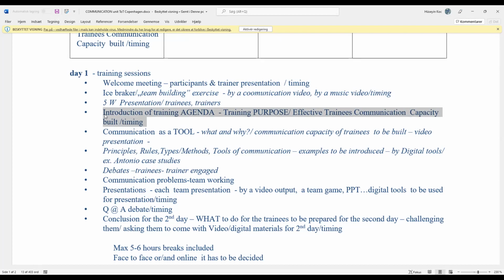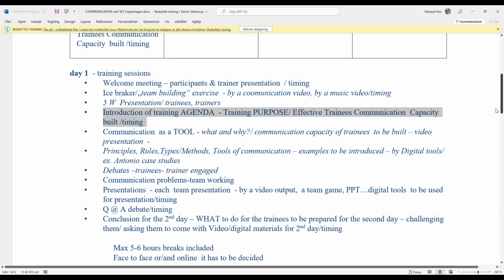Then the questions and answers, of course, and prepare the second day. That means you can offer some tasks for the second day. For instance, based on what we discussed today, for tomorrow, please come tomorrow morning with some video already produced by you, which you already have, in order to be relevant for communication skills. Okay, second